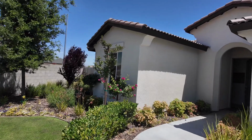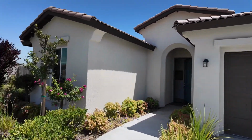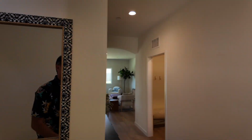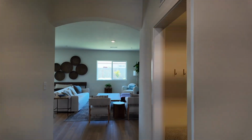All right, here we are at Sierra Vista, but I want to let you know this is going to be one of the homes that will be at Mills Ranch. So, one of four. You walk in here, we have this foyer, this long foyer, and there might be a few things that are tweaked over there,